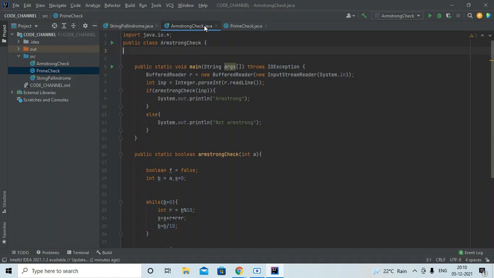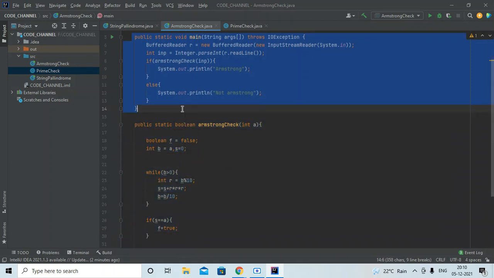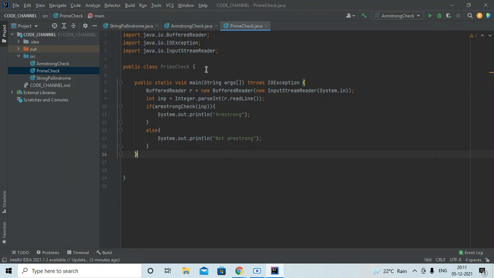Okay, I will write a main method and a method that I will use to check whether it's prime or not. It will return true or false. I am taking a BufferedReader for console input, and let me name that function prime check. The name of that method is prime check. It's a user defined method, which is another topic. Let the messages be prime number, and here not prime number. Okay, we are done with the main method.